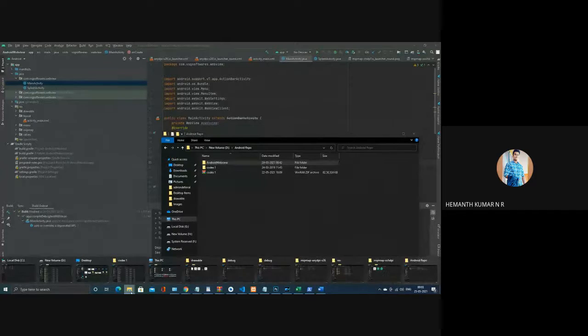Sir, without using the splash activity, why can't we run the code? We can run the code, but because there was a question in the previous session about how to transition from one activity to another, I added this intent activity in this component to demonstrate that. Otherwise, we can just remove this.